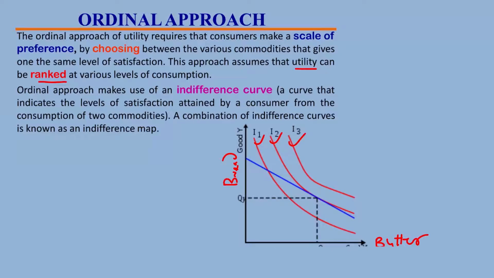This shows us the various satisfaction levels of this consumer, and a combination of these 3 gives you the indifference map. Now our emphasis is on the second indifference curve, because when this budget line was drawn, it struck the second indifference curve at the base, and that equates that at this point QY equates QX, and that was where the consumer derived maximum satisfaction